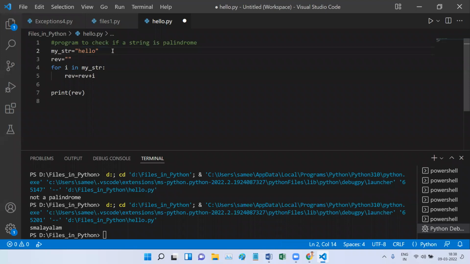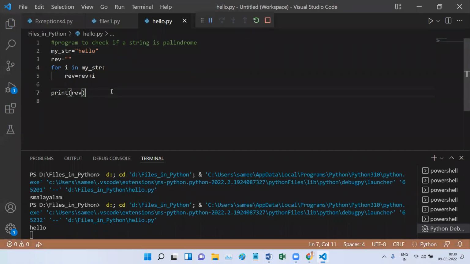Can anyone just please try? Okay, so Abhi Chauhan says we will be getting hello only. Let us test whether what Abhi Chauhan has said is correct or not. Run. See, we are able to get hello. So what is happening? Every time you append the new character after the string, it is added at the end, so you get the string in the linear direction.